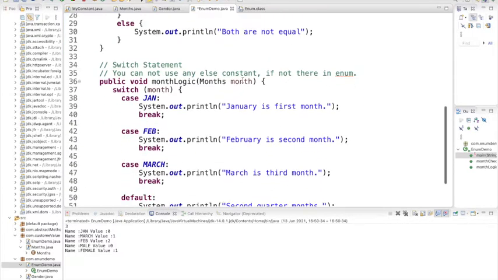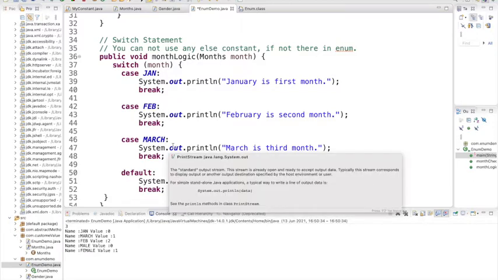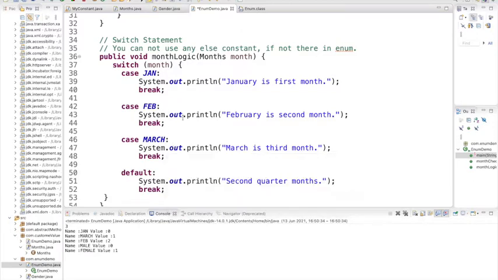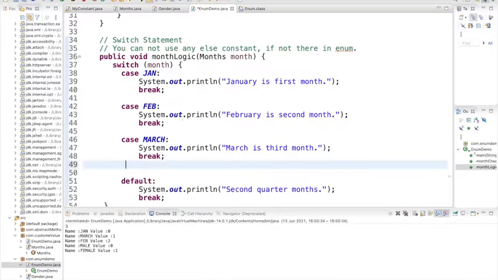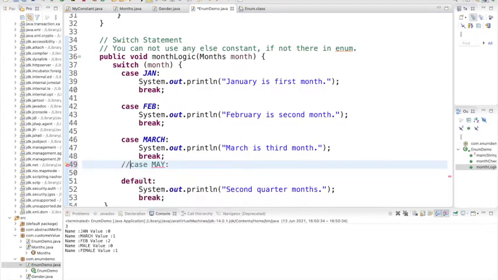And the switch, again, the parameter is the month, and then you can add all the cases here. But the benefit of this enum is that, earlier in a switch you could put anything, but with the enum we have only January, February, March. The moment you want to put any more, it will not allow. See, so that's why you will get the comparison. This is the best practice to write any switch, because the compiler will give a warning that you cannot have this kind of switch because you don't have this kind of constant.